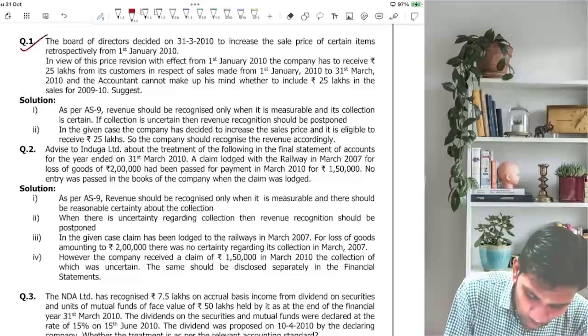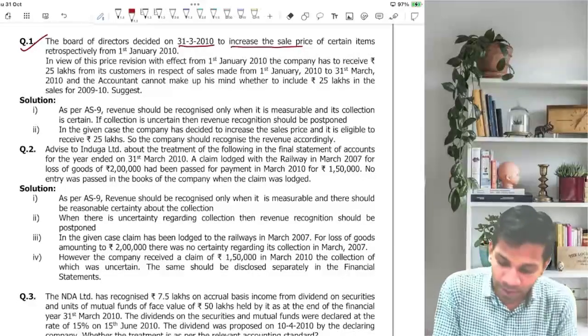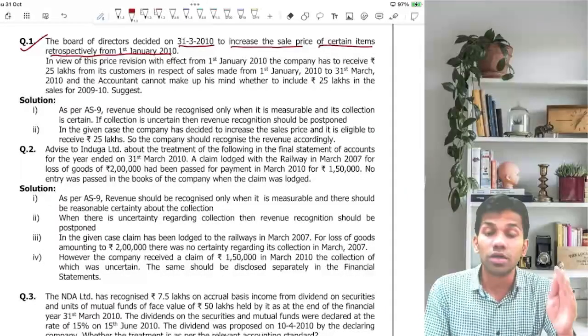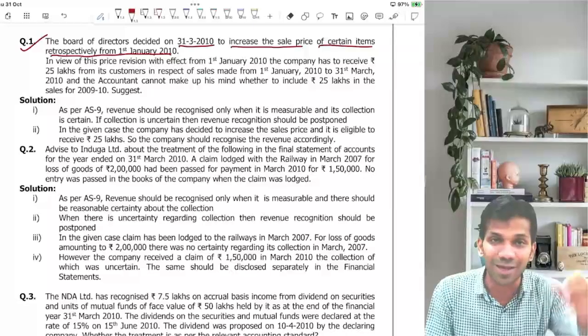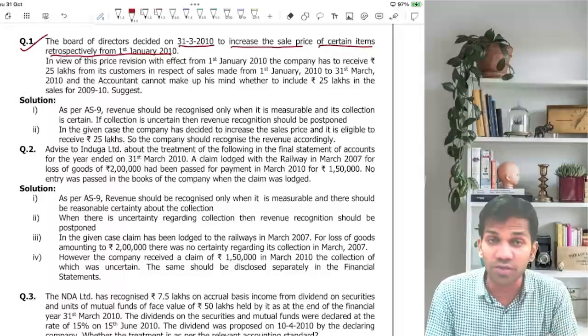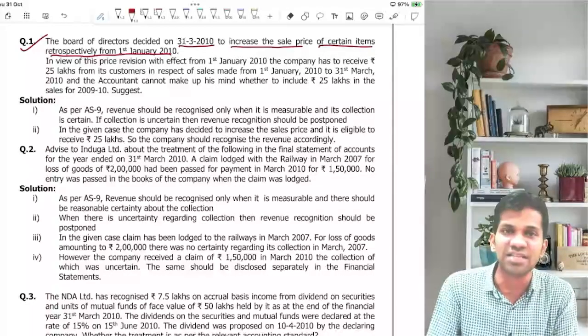Question number 1. The board of directors decided on 31st March 2010 to increase the sale price of certain items retrospectively from 1st Jan 2010. So the board of directors decided to increase the sale price on 31st March 2010, but they want to increase the selling price not from 31st March 2010. Retrospective means they are going back 3 months and they are going to increase the selling price,